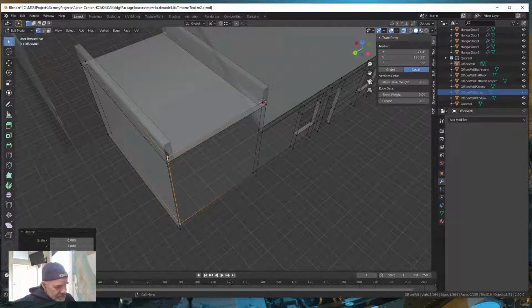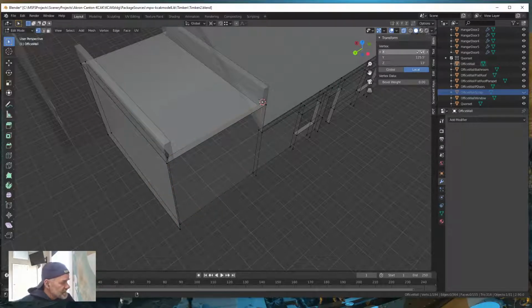And now these vertices are now equal with this one. Alright, so if I click this one, we got minus 71.4. And if I click this one, it's now minus 71.4. Now, this wall is angled again to this corner on this one. So you have to do the same on this wall. So select the correct thickness of the wall, which is going to be away from the corner,